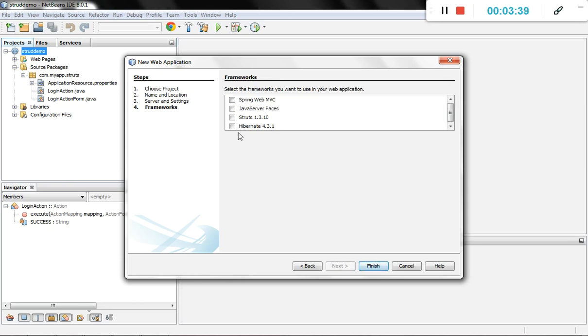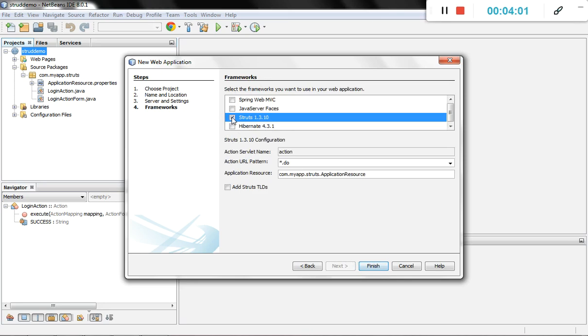Then select the framework you want to use in your web application. It contains multiple frameworks. A framework is something that supports our web application to execute its functionality efficiently. That means we are adding Struts, adding some extra APIs or extra functions which we directly use in our web application, and with the help of this we can develop an efficient web application. That is simply the framework. Here we use Struts.